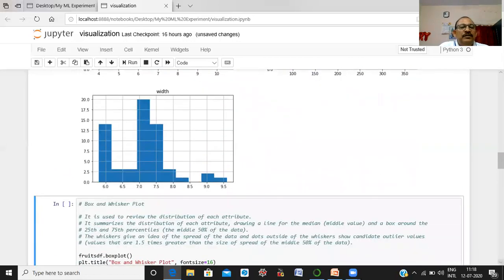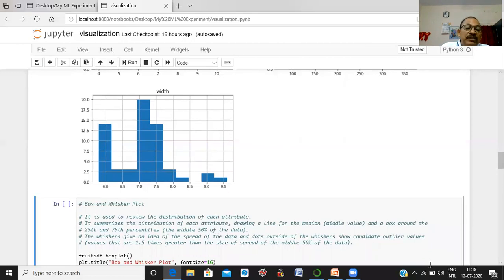Now let us see the box and whisker plot. This plotting function is used to review the distribution of each attribute. It summarizes the distribution of each attribute, drawing a line for the median, the middle value, and a box around the 25th and 75th percentile.